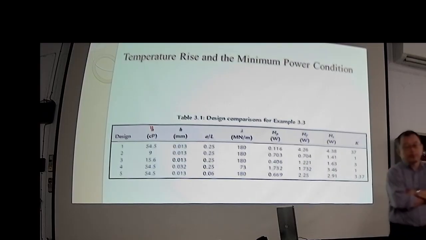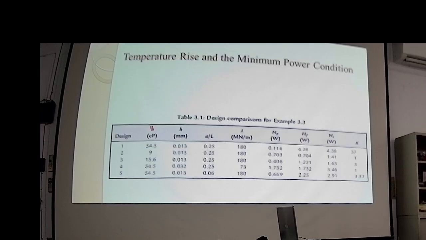So by using this numerical table, you can see individual parameters, how each individual design parameter will affect the performance of the bearing. 所以我们就可以看从这5个不同的设计，改变一个参数的话，设计参数，它对轴承性能的影响。